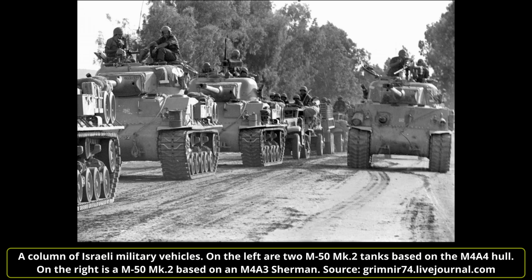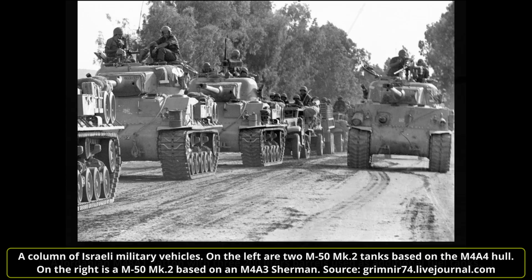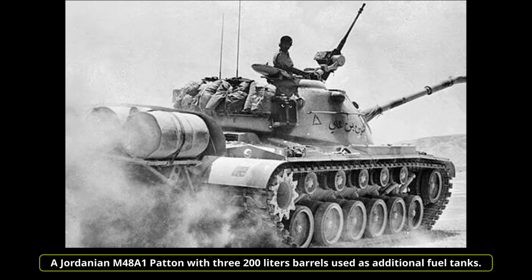Only 6 M-50 Shermans, some M3 half-tracks, and a few Panhard AML armored cars arrived the next morning at their destination, but they were immediately greeted by Jordanian fire. 2 Jordanian armored companies arrived during the night, equipped with M48 Pattons, immediately putting a Sherman out of action. The remaining Shermans, with the assistance of others which arrived shortly after, outflanked the M48 Pattons, which were placed in